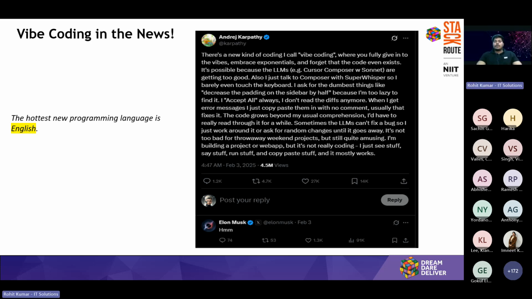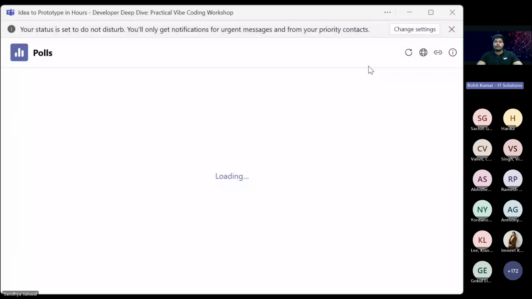Maybe there are some points where I know only one coding language and I don't know the other coding language, but